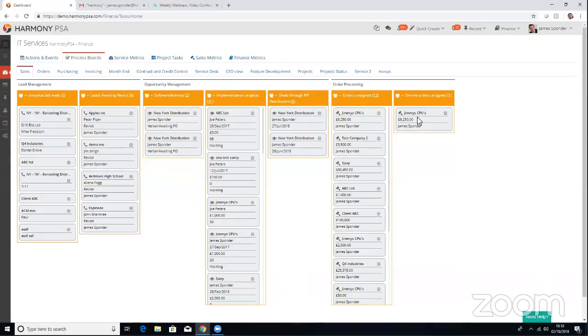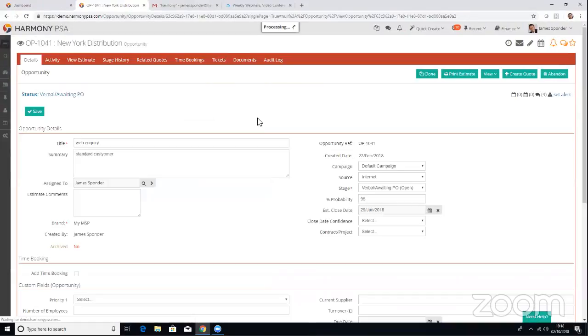And James, can you just click and drag one of those into another? No, that's not the way it works. So what it's doing is displaying the information. So in here, if I clicked on one of these, for example, if I clicked on this opportunity here,